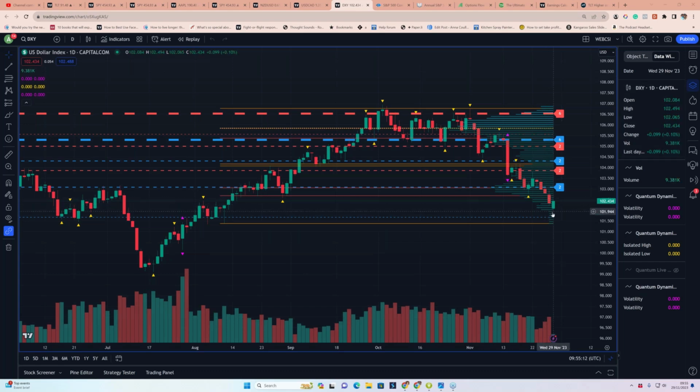And that is quite an interesting point at the moment, because where is it aiming for? Well, logically, we're looking at 101. Is the buying that we see later today going to be sufficient to actually push that further back to the resistance that we have here at 103? We will have to see.